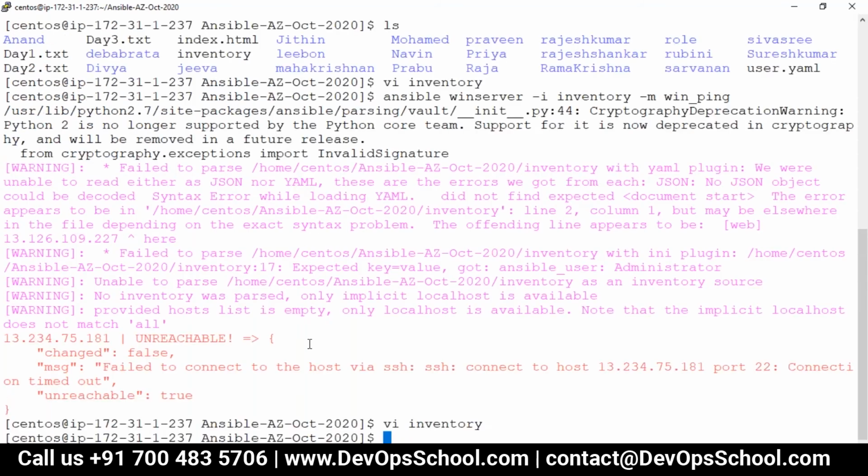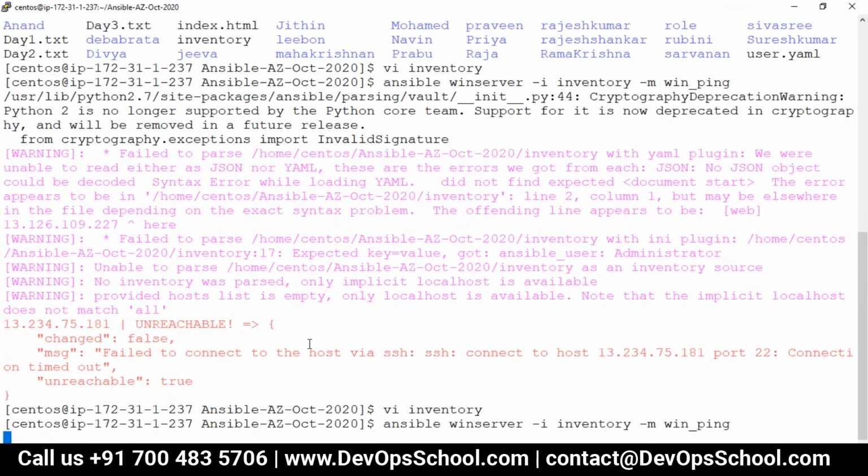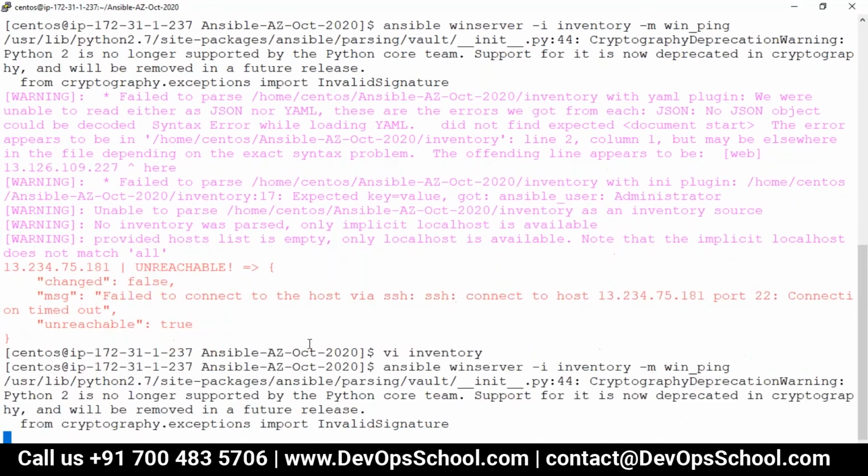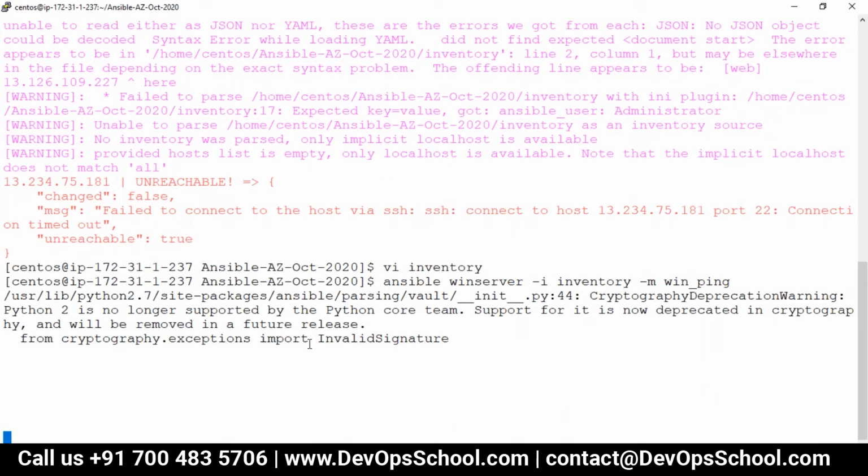Save it. Can I do the ping? I should get pong, but there's an error. What error? Let me check. The warning has not come, but still I'm waiting for it. The machines should be responding with something, but it's not coming at all. I should get something, but it's not coming. I'll not wait for it.